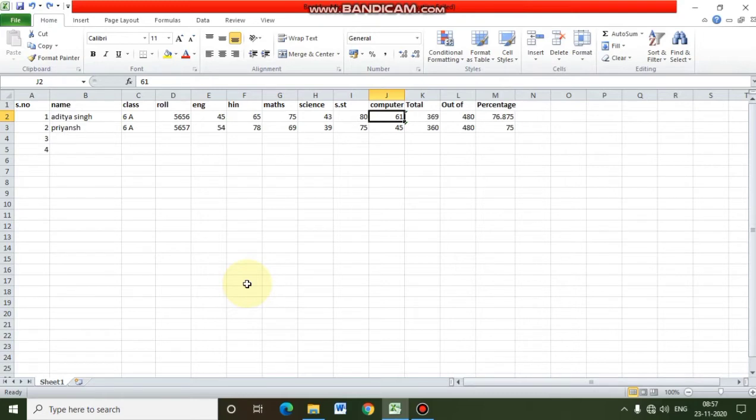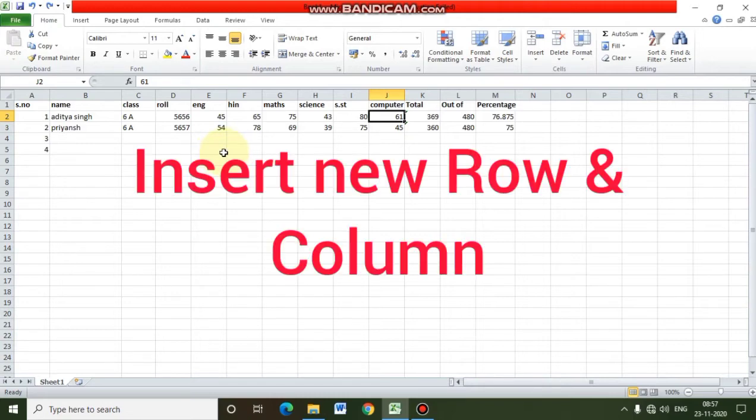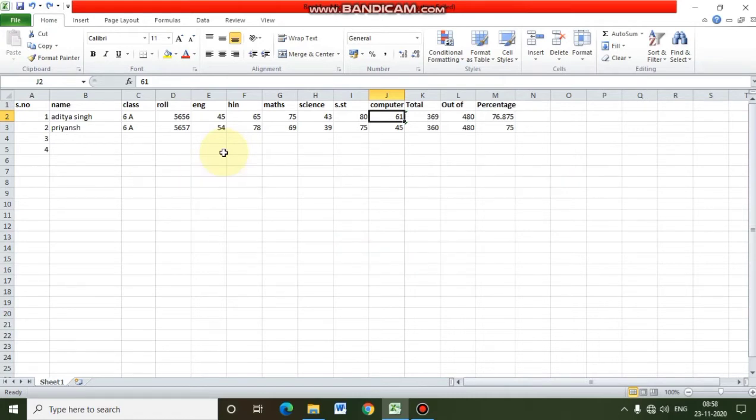Okay, first open a worksheet, then after that enter some contents like this. As you have already done your practical work, you can do these practicals on that Excel worksheet also. Now first I will show you how to insert a new row or a new column. So for inserting any new row, column or cell, we will use this option, that is insert in home tab under the cells group.